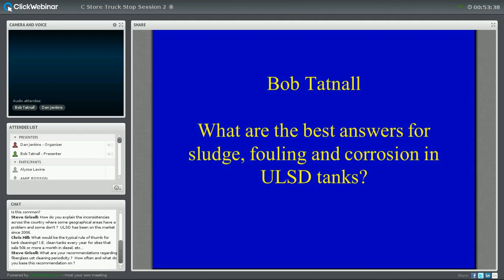The samples we got on the first 2 places were good looking samples. Anyway, the 3rd place was a little bit shoddier. We could see it wasn't quite maintained as well. The owner was pleasant, but he said, look, I apologize. I'm going to take you up on this tank, but the only access we have is right near the outside edge of the tank. So we said, we'll take what we can get,